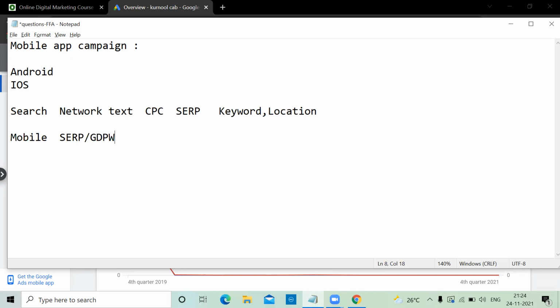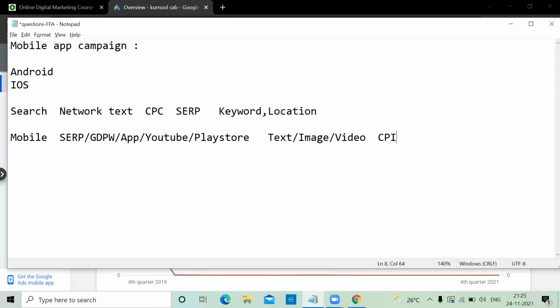And on Google display partner websites, while you're browsing websites, the ad will also appear. While browsing apps, your ad will also appear. While you're playing a video on YouTube, there also the mobile app ad will appear. And on the Play Store also the ad will appear. Almost everywhere. When it comes to ad type, it can be a text ad, an image ad, or a video ad also. When appearing on SERP, it is a text ad. On websites and apps, an image ad. On YouTube, it's a video ad.